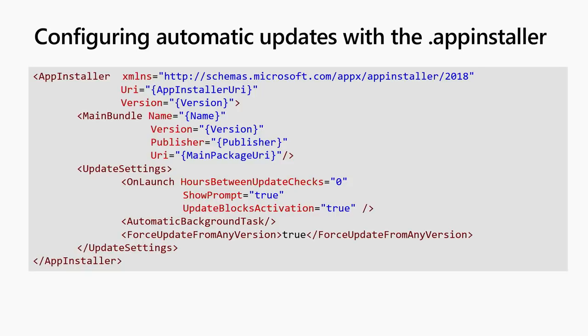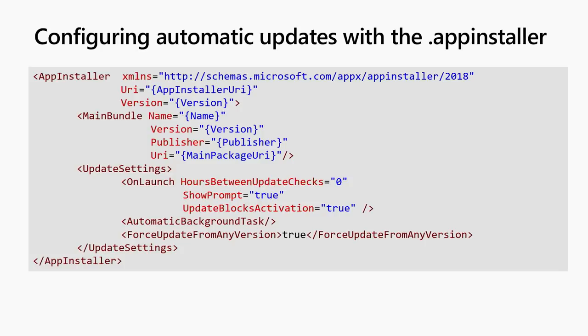And to configure updates, we are adding a new feature to the packaging project that will be released in the next version of Visual Studio. Everything that you saw in the demo, by the way, is available today, but this is something that is coming. I will talk about the roadmap at the end of the session. And this is a template that you can use to customize your settings. So here's where you can see the update setting on launch, where we are saying that we want to update